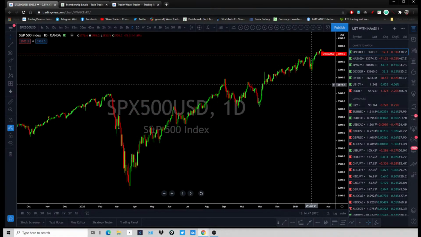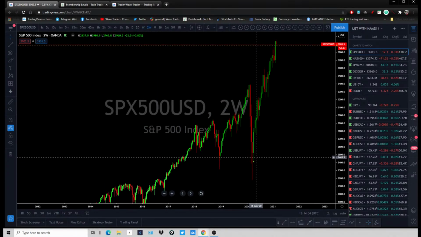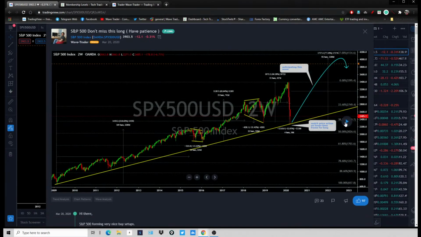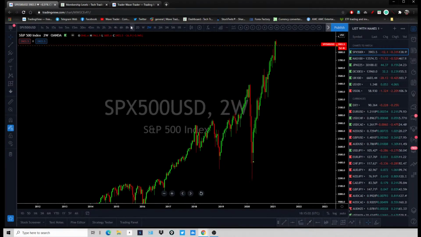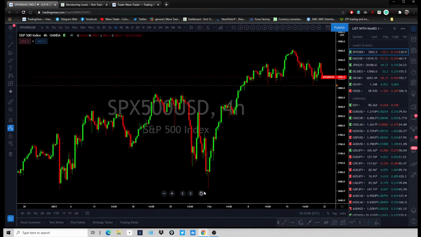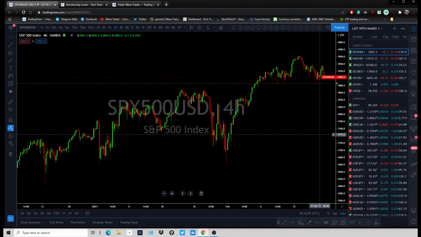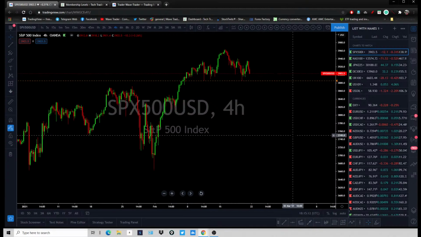That's where the opportunity is. Again, indices are super strong. If you look at the 2-week chart, we are in a strong bullish trend, no doubt about that. The target on the S&P 500 is 4,000. Is there an opportunity for next week? Yes, there is an opportunity, but for those who don't understand,